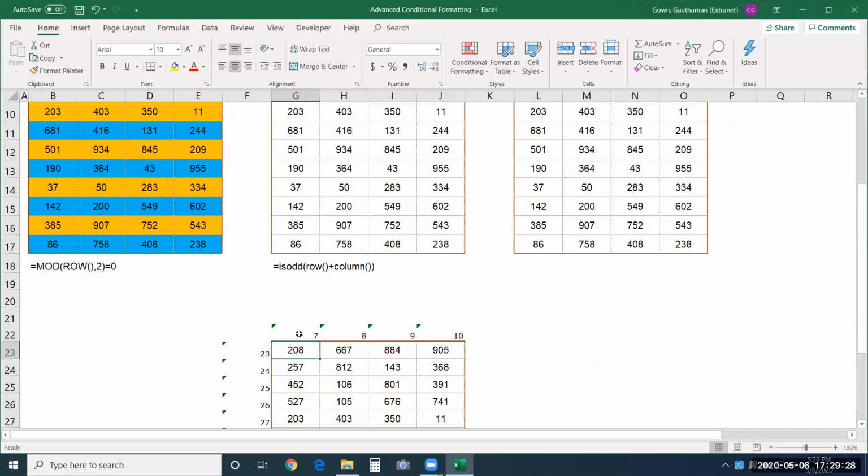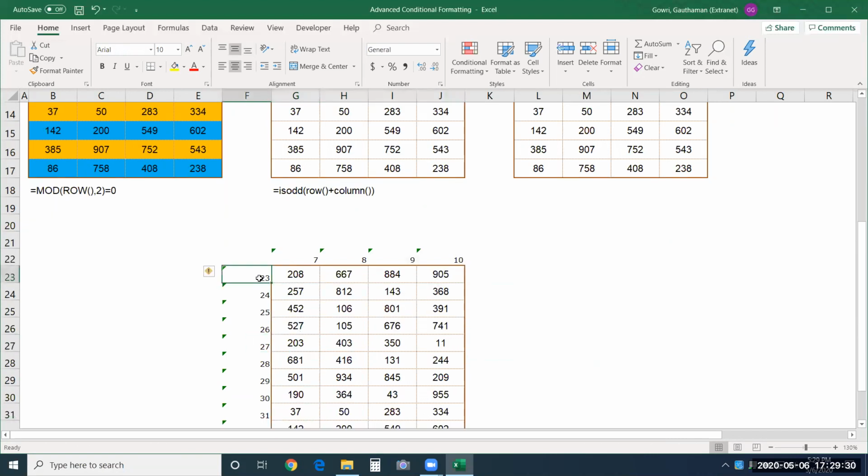Now the logic is, if I add row number with the column number, I get a number. So 23 plus 7 will be 30. I am going to check whether it is odd. If it is odd, this function will give me true. If it is even, it gives me false. So 30 is not odd, so this will not be colored.